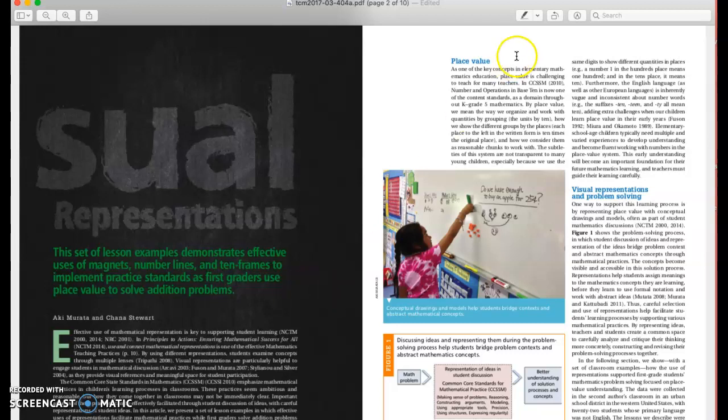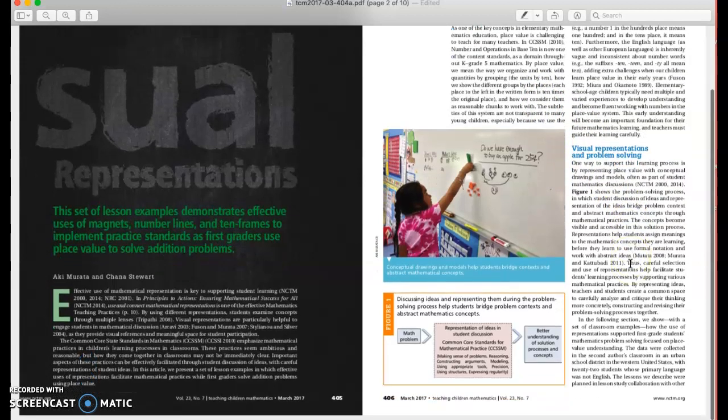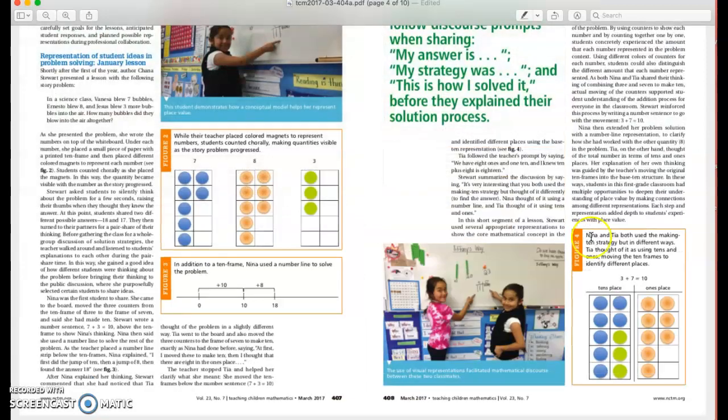The beginning of the article talks about a little background knowledge about place value and about how it can be a difficult concept not only for students but also for teachers to teach. Here it discusses the picture to the left, and how visual representations make the concept concrete and help students assign meanings before they have to learn the formal notation and work. On the next page,